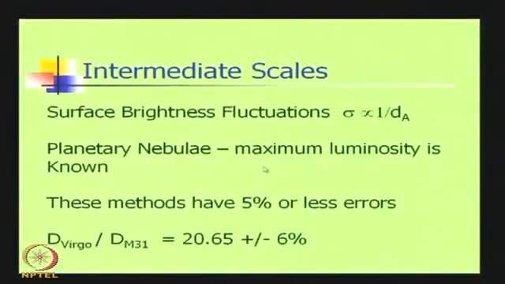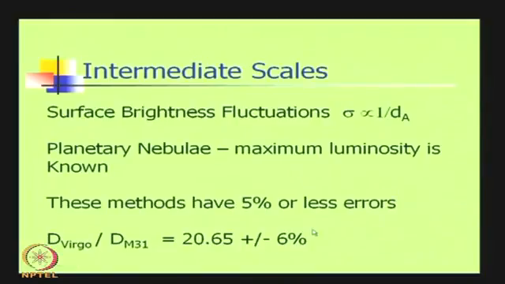So, it has a high luminosity, and there are spectral emission lines which are typical of planetary nebula. So, they can be identified, and the maximum luminosity of a planetary nebula is known. So, if you can identify a planetary nebula, the outer shell is expanding, and if you can determine the maximum luminosity of that, this is known. So, once you can do this, then you know you have a standard candle. So, these methods have around 5% error,